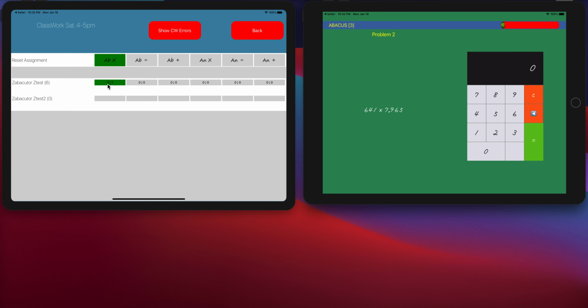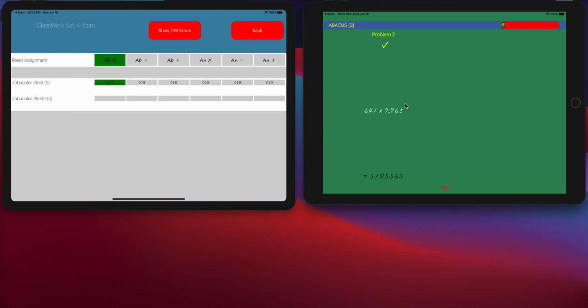And as you can see here in the sensei screen, the assignment status gets reflected, showing that one problem has been attempted, out of which 0 is correct. So it's 0 out of 1. And the green basically indicates that the student is currently working on that particular assignment, and that is what is shown in here. Now for this second problem, let's say the student answers it correctly by entering the answer, and now